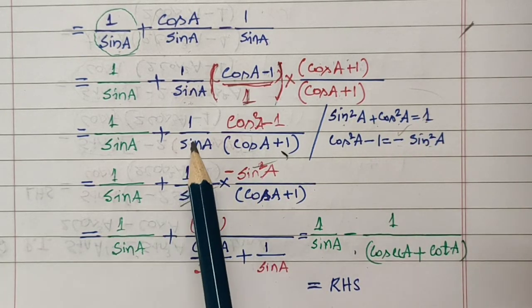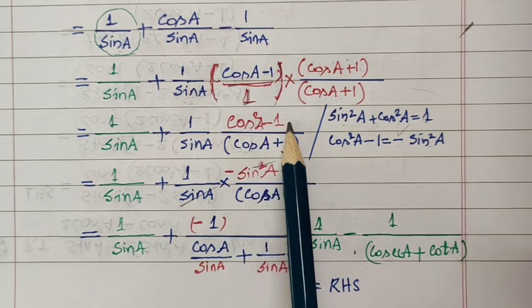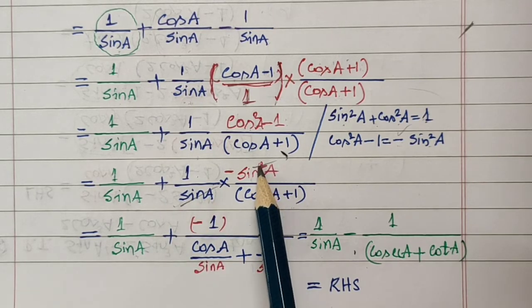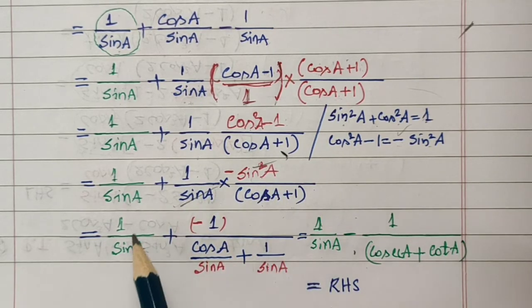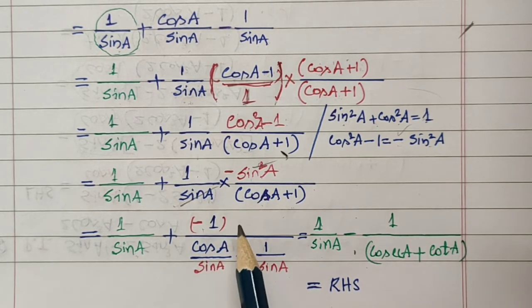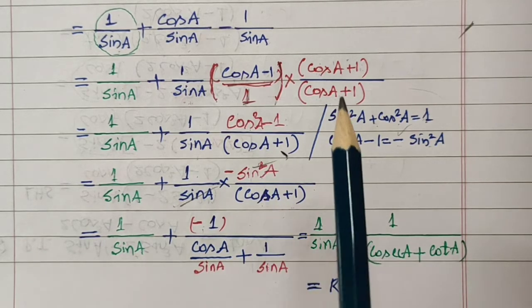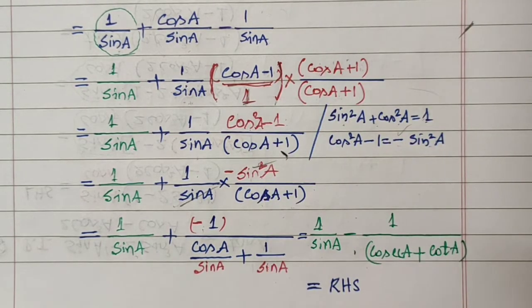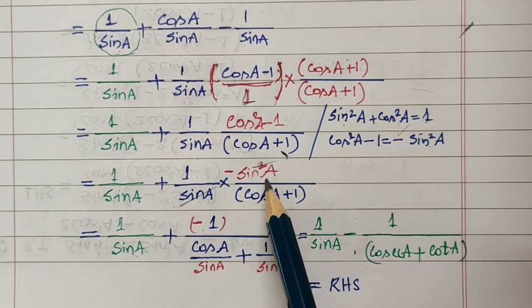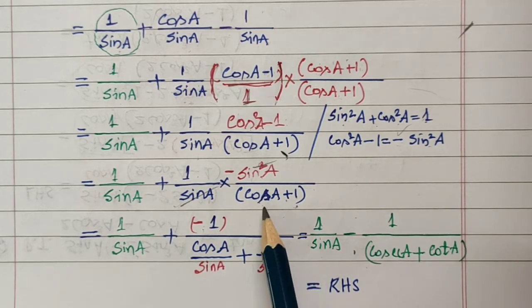So this will become 1 divided by sin A into, this is cos square A minus 1, which is minus sin square A. This one sin will get cancelled with this one sin. So we are left with minus 1 in the numerator. We are keeping minus 1 because we want cosecant A in the RHS. You bring this down. So this will become cos A plus 1 divided by sin A, that is equal to cos A divided by